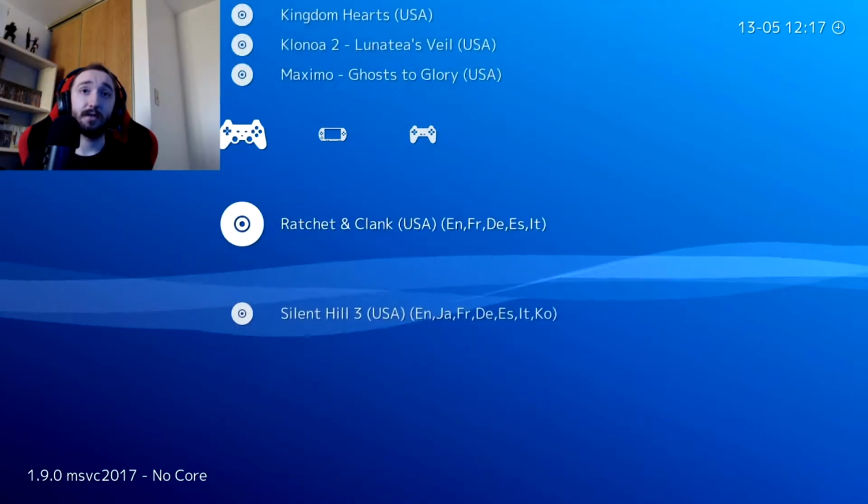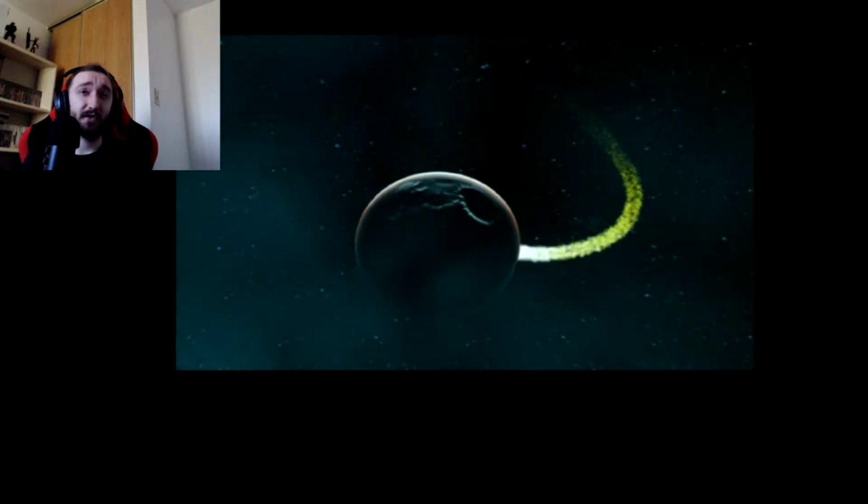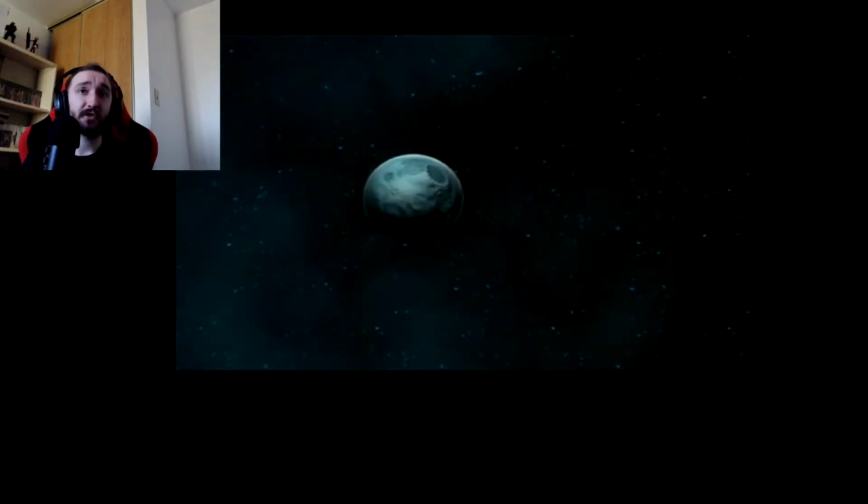So we're gonna start off with Ratchet and Clank on the PS2. I have played a bit of it. I'm on the level after the first tutorial level, the one with the plumber on it. And as you can see, the games load way quicker than off a USB because they're on the SSD. But Ratchet and Clank definitely had some slowdowns,